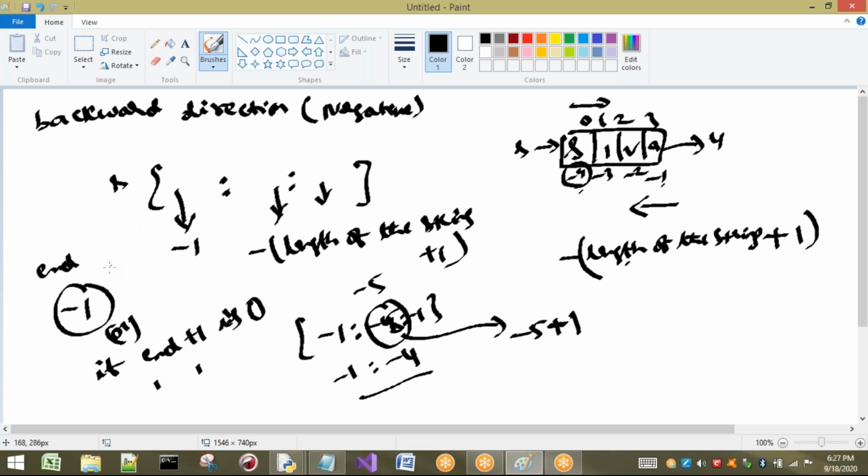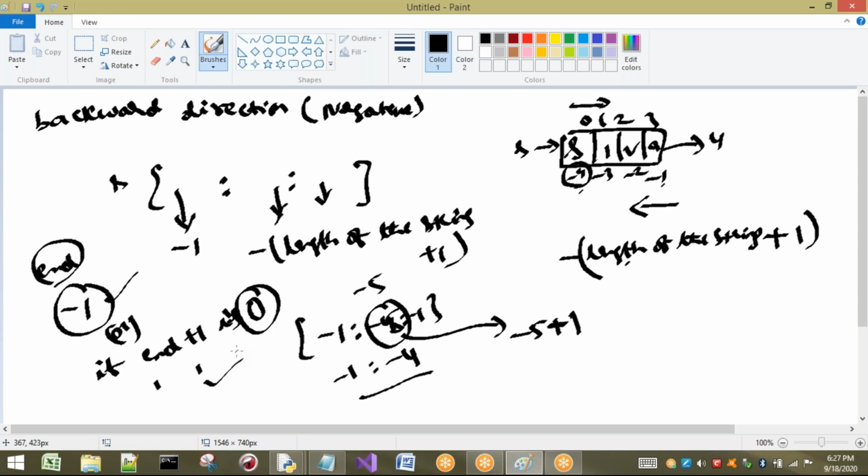So these 2 points we have to understand. Once again I am repeating, the end value should not be -1. That is the first point. Or if n plus 1 is 0, for example, if I perform n plus 1 and it becomes 0, it is going to give you an empty string.